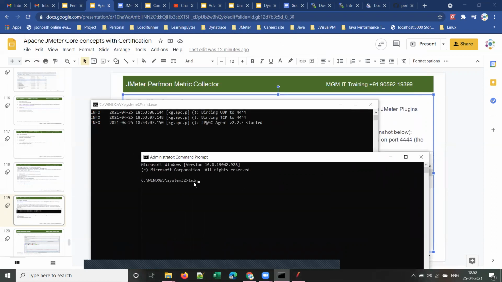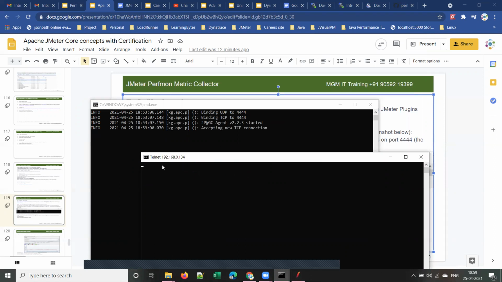Now use the command telnet and just right click over here to paste the IP address that we copied in the previous step, and use the port number that the server agent uses by default, which is 4444.